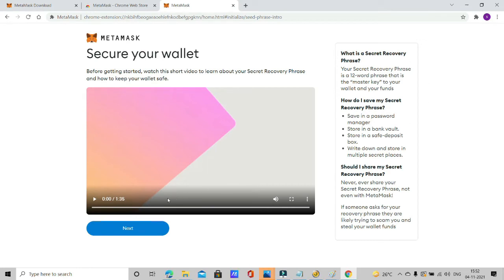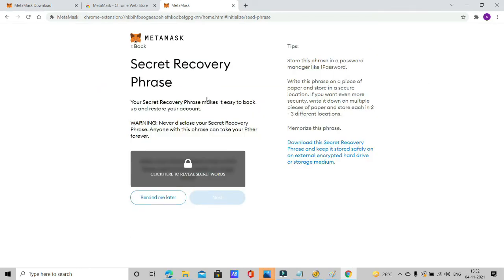The next step is to click on next, and this is where the recovery phrase will actually become accessible. If you click on this padlock-like symbol, you can reveal the 12-word recovery phrase. Once you click on this, it will take you to the next page, in which you will have to write it down. Always make sure that as soon as you click on reveal, you write it down on a piece of paper, or you memorize it. Don't take a screenshot, that is not recommended. On the next page you will have to input this. I'm not going to do that right now, but it is a very self-explanatory step.